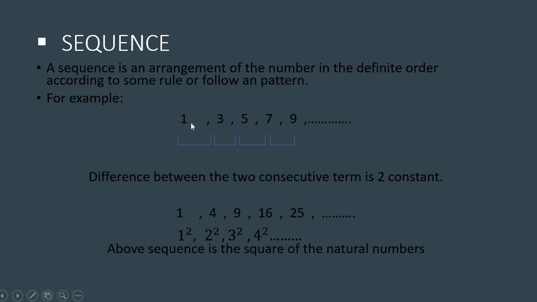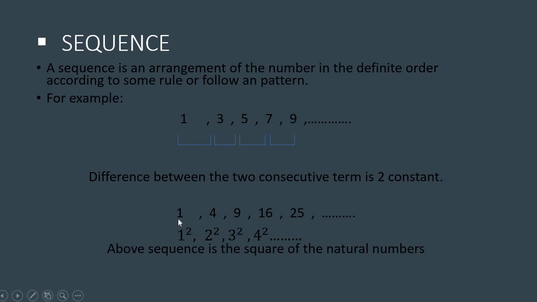So a set of numbers which follows a rule and a pattern is simply termed a sequence. This follows the same rule. The same rule means the difference between two consecutive terms is always 2. Or you may say that if you add 2 to the previous term, you will get the next term. Okay, see another example.